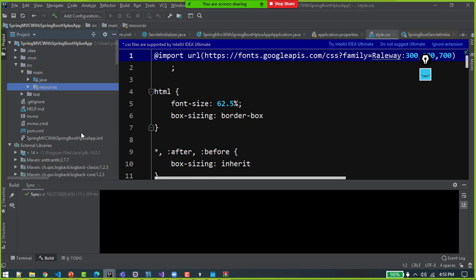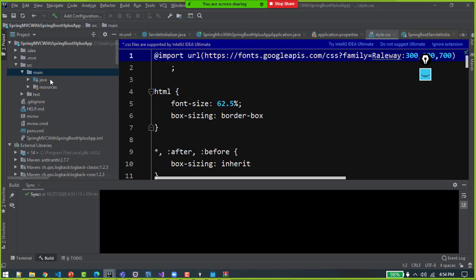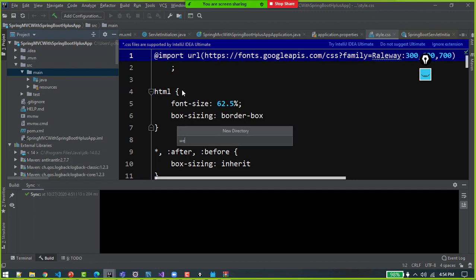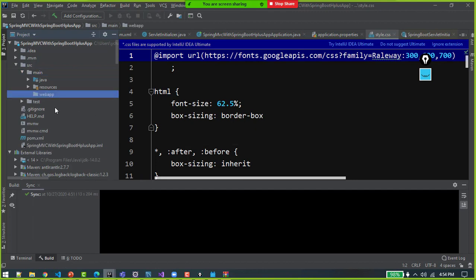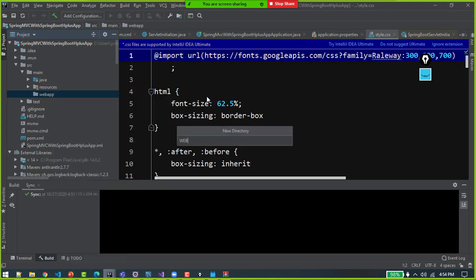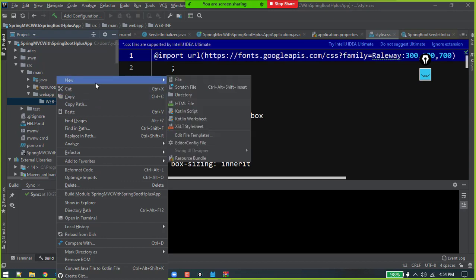But I don't have webapp folder under src main. Here also under src main you see java and resources folder is there, but parallelly they have webapp folder also. So I can create one more directory with the name webapp in src main. Webapp should have WEB-INF. WEB-INF should have JSPs, and all my JSPs will go in the jsp folder that goes under WEB-INF.